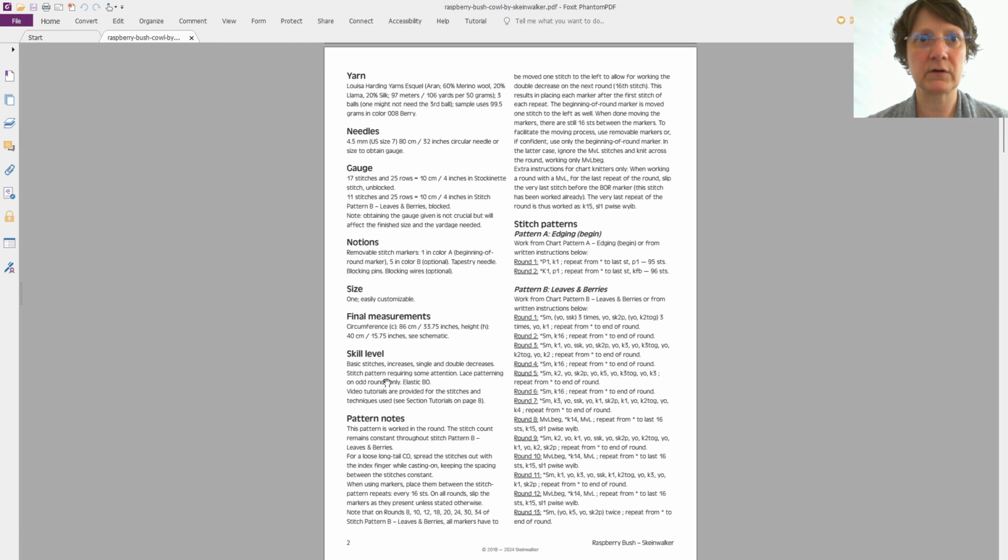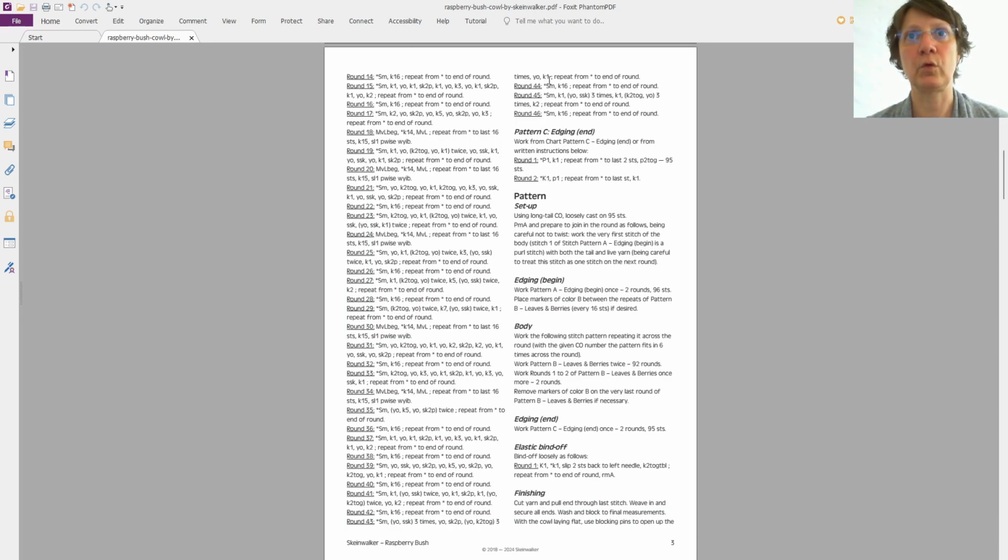Here I have the yarn, the notions, then the skill level. I usually put extensive pattern notes. In general, I then have a section with stitch patterns, which can be long, but in this case, not too long. After the definition of the stitch patterns, I will have the pattern itself with the setup, the edging, then the body of the project, and then an edging for the ends, a bind off, and then some sections for finishing,